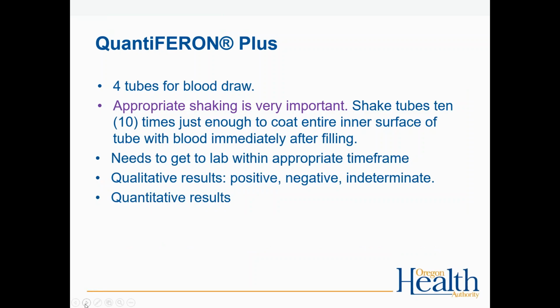Okay, we just talked about that, so we won't go through that again. But the only thing I'll say here is indeterminates. You do see those. Some people get frustrated by them. Kind of 5% or less, depending on the immunosuppressed group. You do see sometimes higher if they're really, really immunosuppressed, but mostly in the biologic realm. Most of the usual settings of immunosuppression is kind of a 3 to 5% indeterminate rate. All I can say is just repeat the test, and you can repeat the same IGRA, or pick a different IGRA, or do a skin test. Any of those are valid strategies.